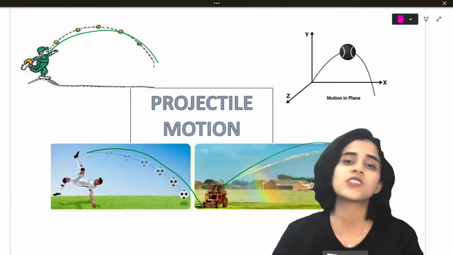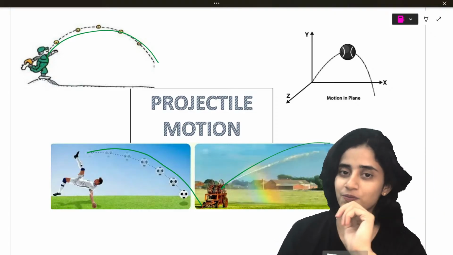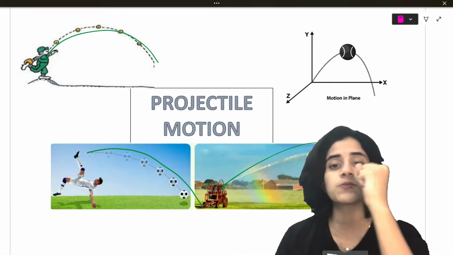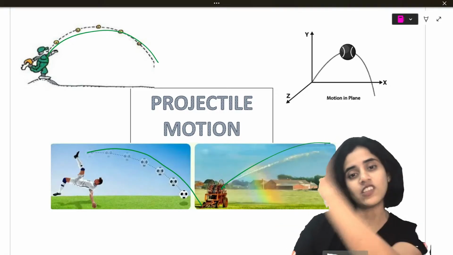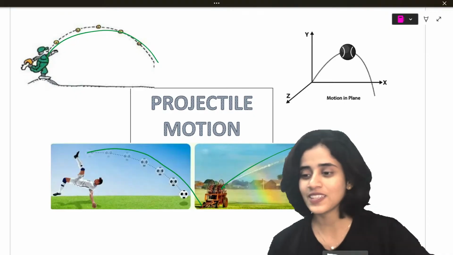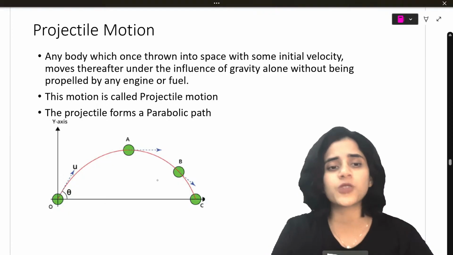So there is a lot of physics also. If you actually look into everything around you, there's physics everywhere. So the physics behind that javelin throw was projectile motion. Now I'll tell you at what angle he should have thrown for the javelin to go maximum. With physics we will tell him that. He would already know, but now we will also know. So what is projectile motion?